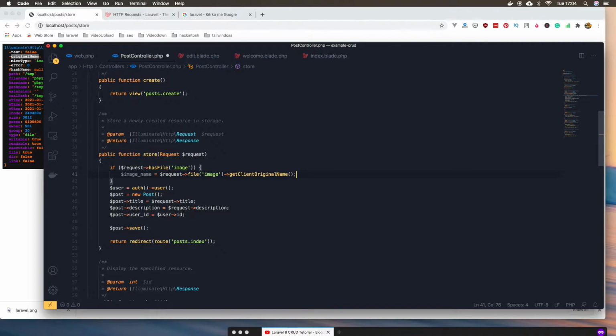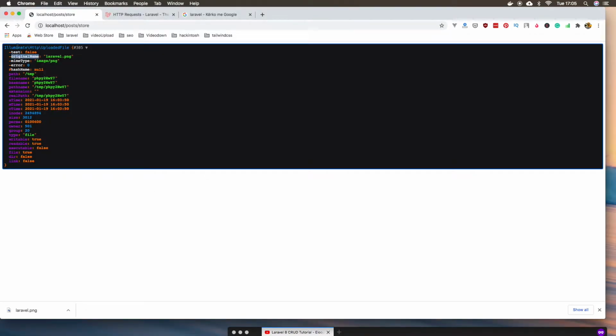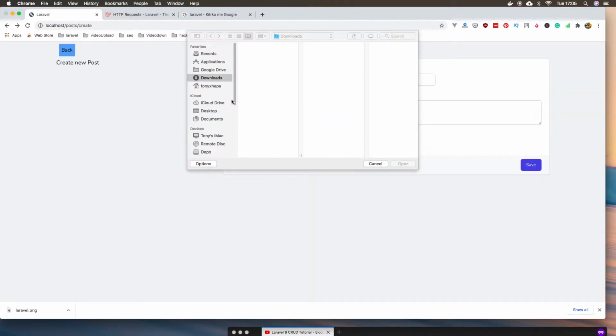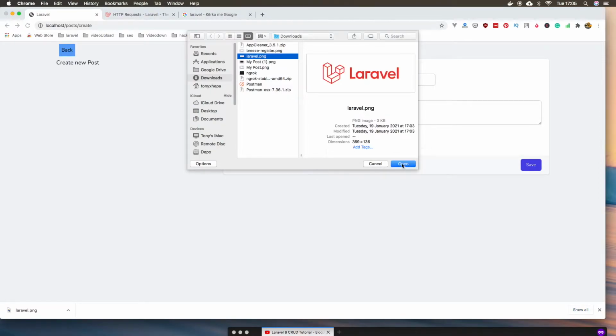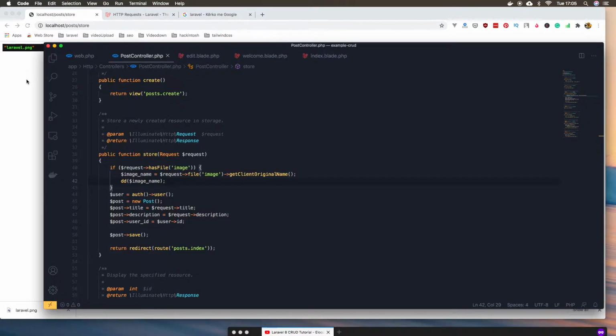Again, client original name. So if I save and then dump the image name, save, refresh, again Laravel, open. We have the name now here. Okay,